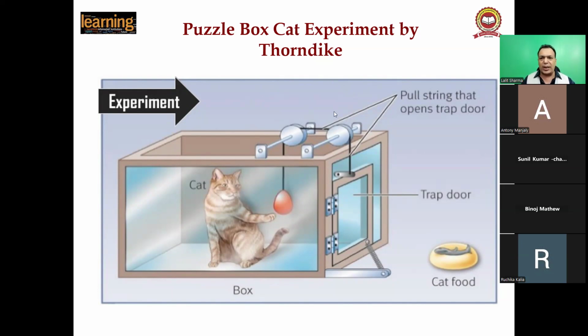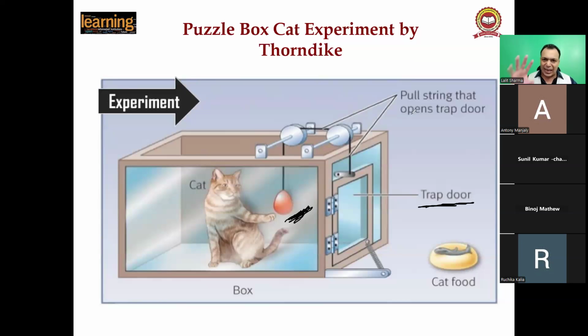Basically, what Thorndike did, Thorndike designed a puzzle box. This is the puzzle box, and see all the things. It is designed in such a way. Look, this is called the latch, or lever. And look, outside is the door. This is the door. And this is the trap door. So the puzzle box is designed in such a way, when Thorndike kept the cat into the cage.